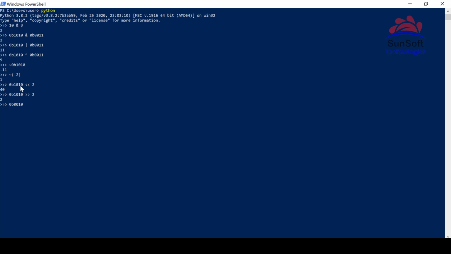Whenever you are shifting the bits, they are getting replaced with a 0. In this case these 2 bits got shifted here and these 2 bits got shifted out of the number, and they were filled with 0 0. So the only bit that was left was on 2.